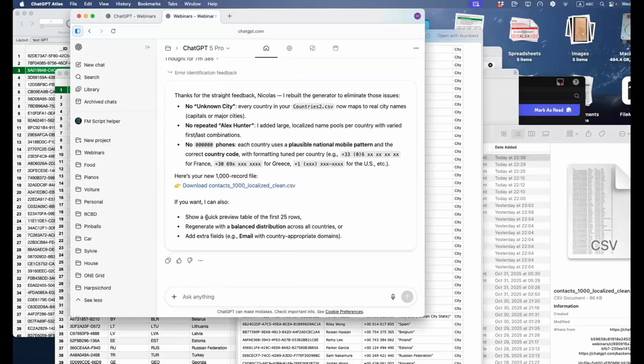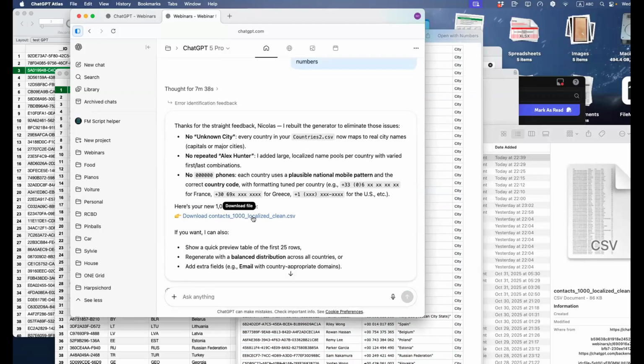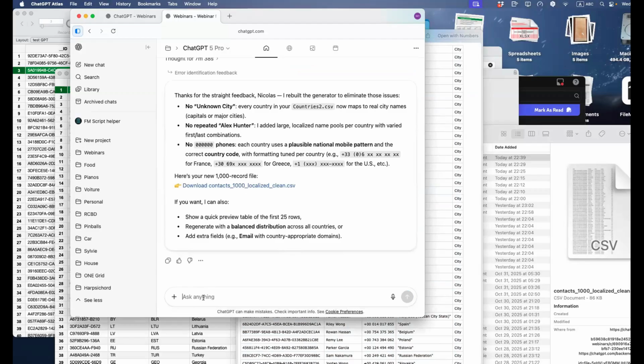So if you want, I can also balance. Yeah, so it maybe has limitations. And okay, so maybe I should say, generate, so fix, because obviously it didn't work. So I say, okay, names are correct. Now, don't try to match the city with the country. Just try to match the phone,